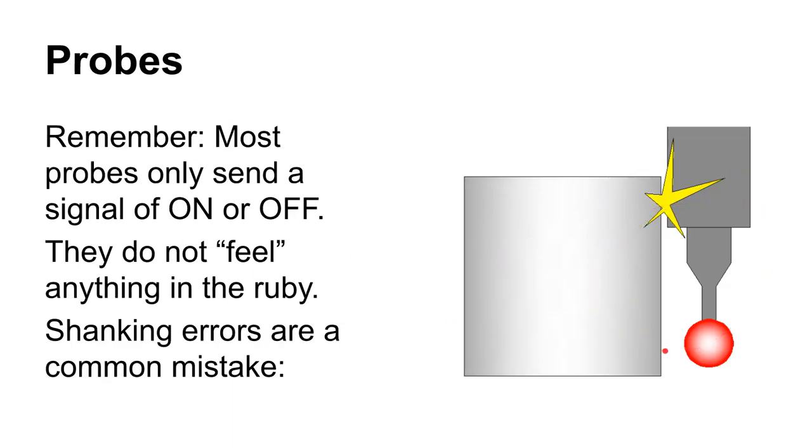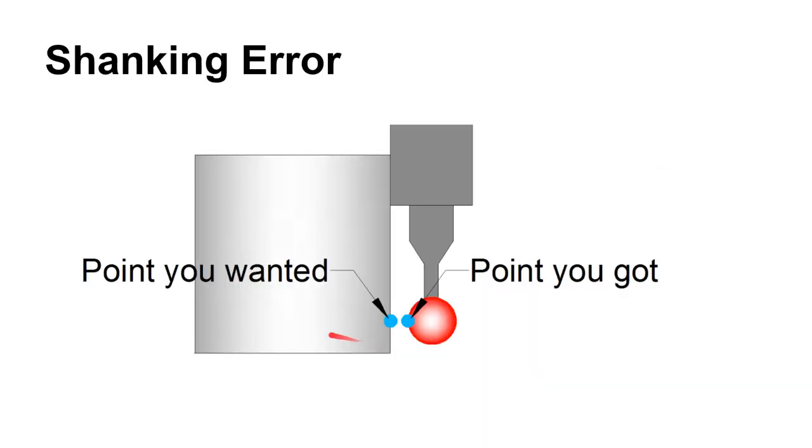All right, so keep in mind that the probe, all of this stuff is insensitive. It has no sensors in any of this. There's only one sensor up here at the top that knows when this has been disturbed, okay? And so if you bump into a part like this with the shank of the probe instead of the actual stylus down here, then you can get a false reading. So this is called a shanking error, where you've bumped into the shank instead of down here on the probe itself, where you're trying to get that.